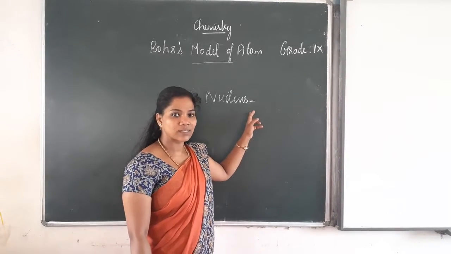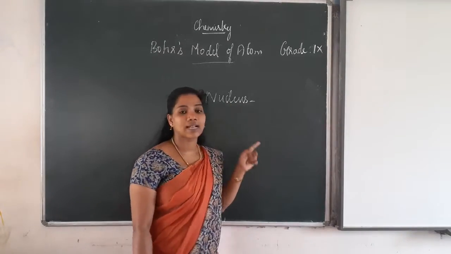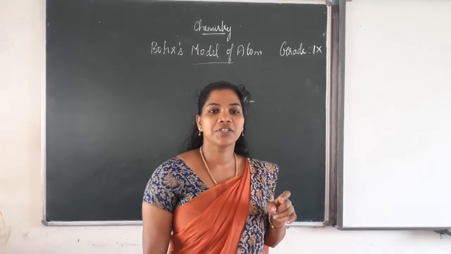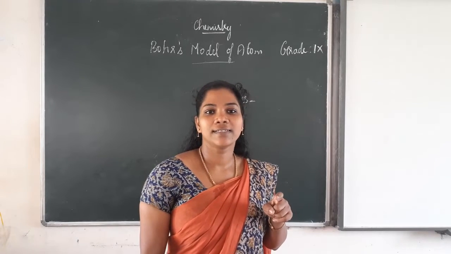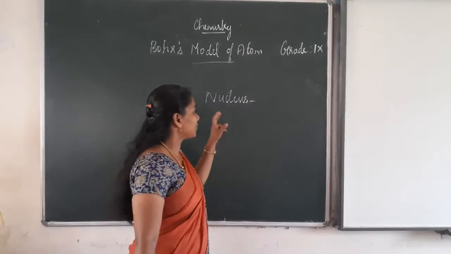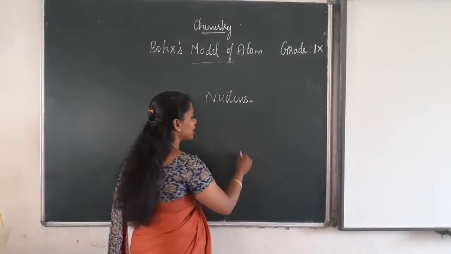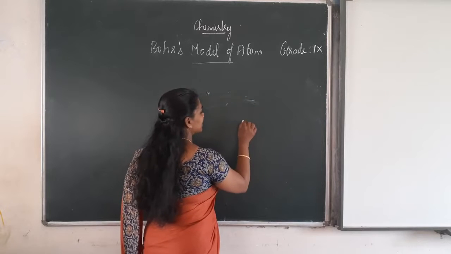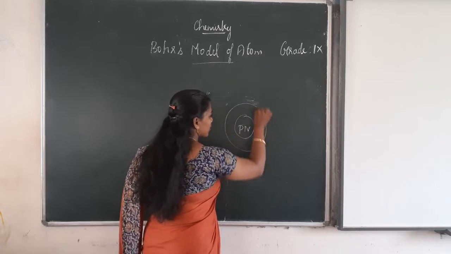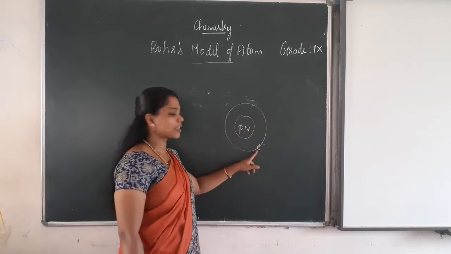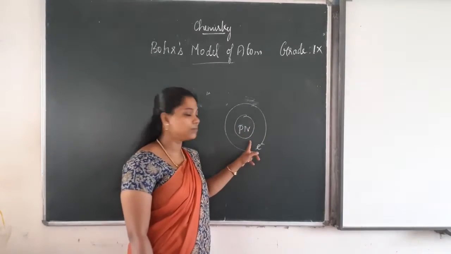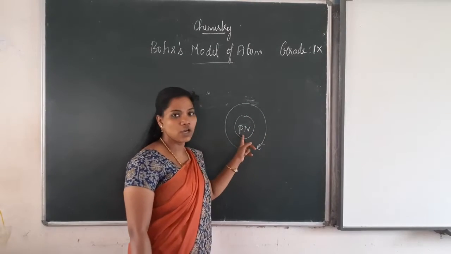Last class I also taught the limitations of the Rutherford model of atom. What limitation did we study? He failed to explain the stability of the atom. According to him, the nucleus, with protons and neutrons, is present at the center, surrounded by electrons, and these electrons circulate